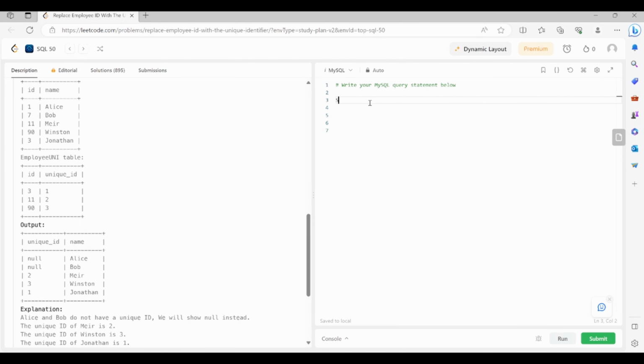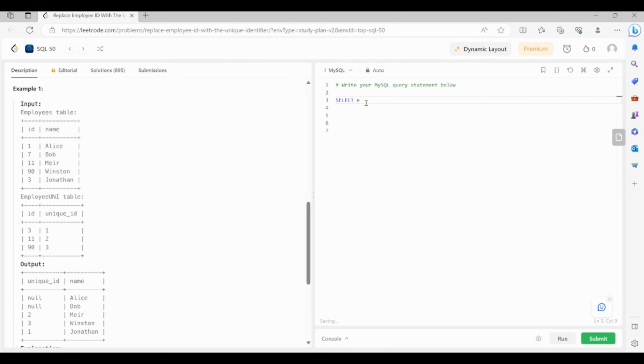Okay, so select, because we are selecting from two tables, I'm going to select from the first one, employees. I'll set that to e.id, and then we're selecting the unique ID, so I'm going to use EU, because that is our return. Selecting unique ID and name, so EU.unique_id, and then e.name. I'll be shortening the table names so that we don't have to spell out Employees and EmployeeUNI. All right, from Employees,